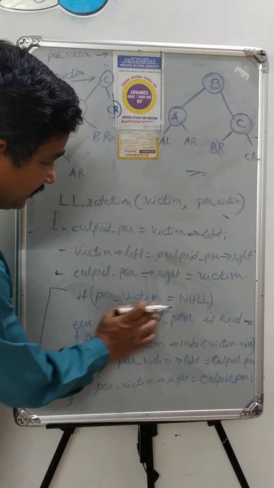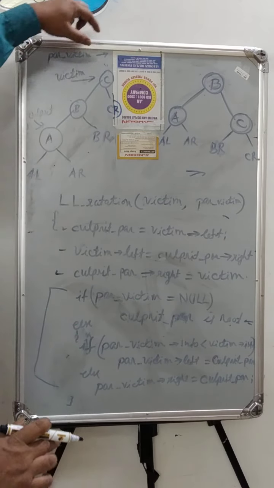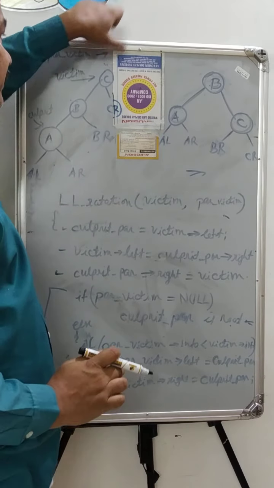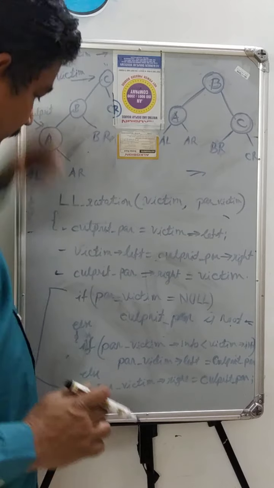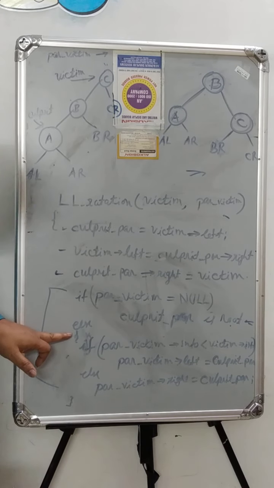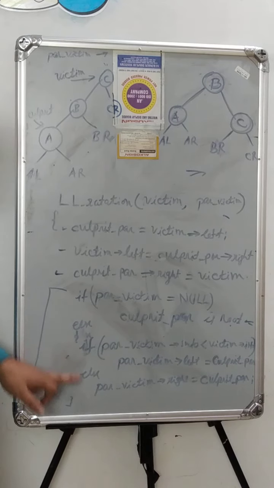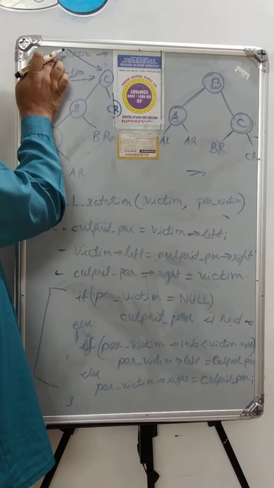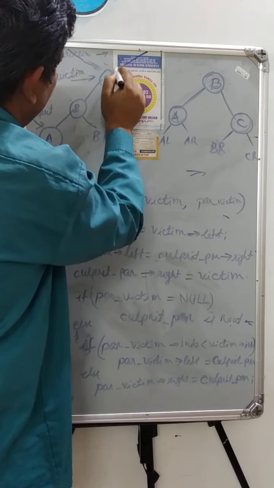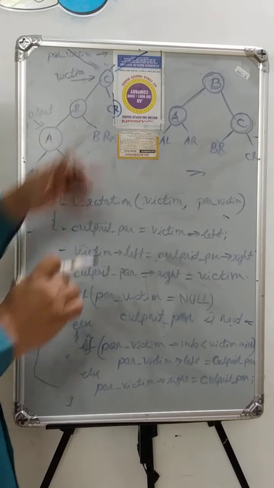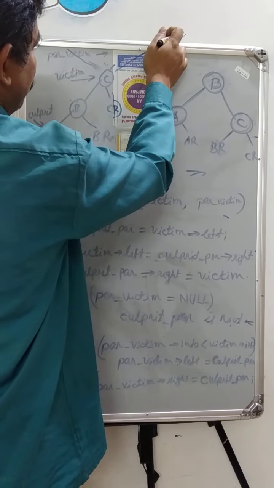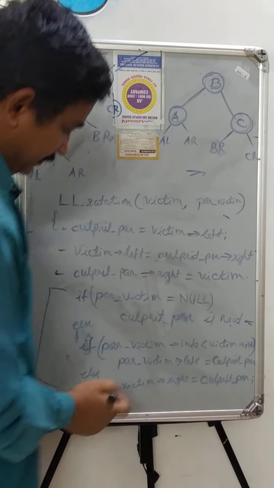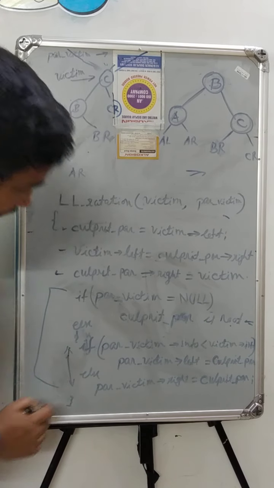If the victim's parent is not null, it indicates that this is not a complete tree. Some other nodes were there in the ancestral part. So the else part will be executing. Again, we have two situations, because this may be the left side of some node, or the right side of some other node. Whoever is the parent of this node, either the left side or the right side is to be modified, and this logic explains that.